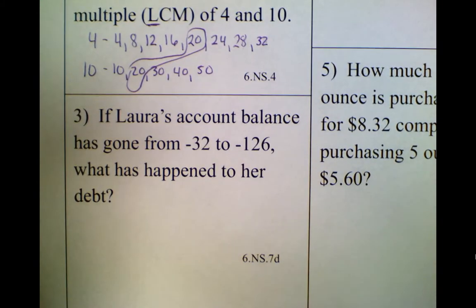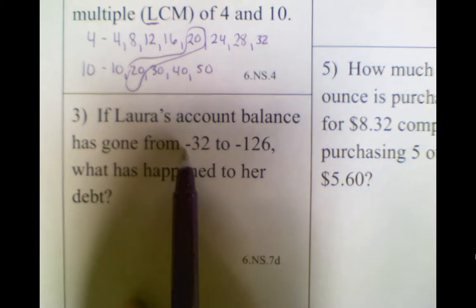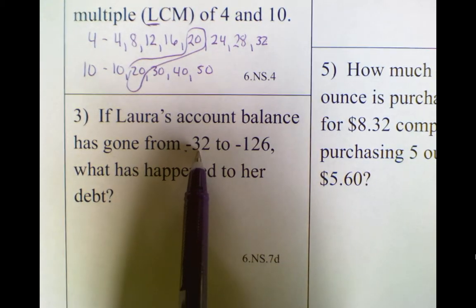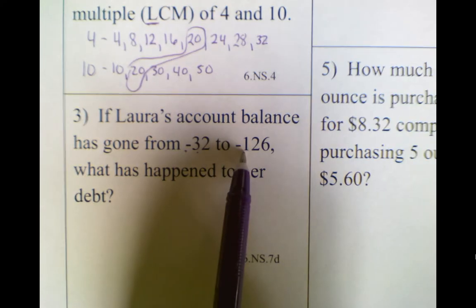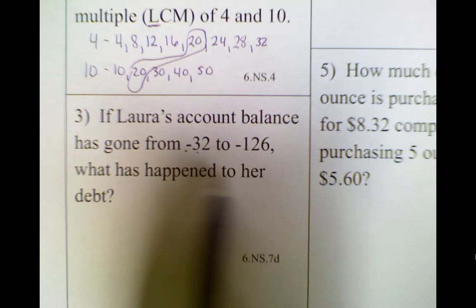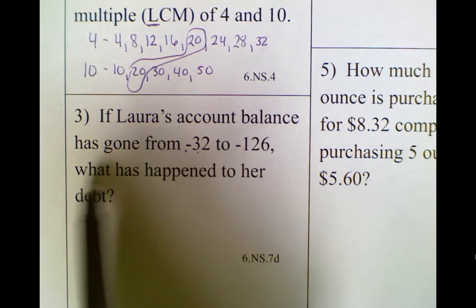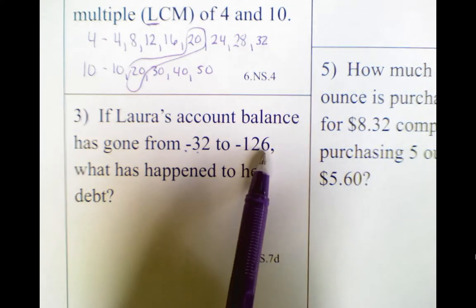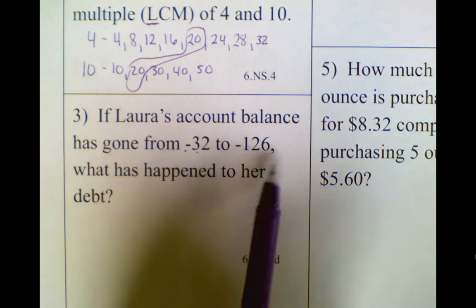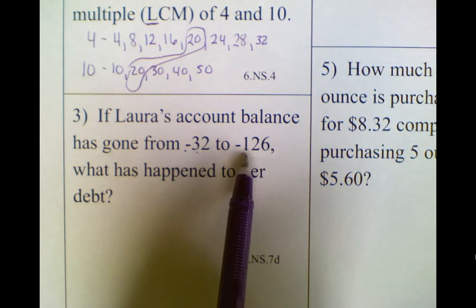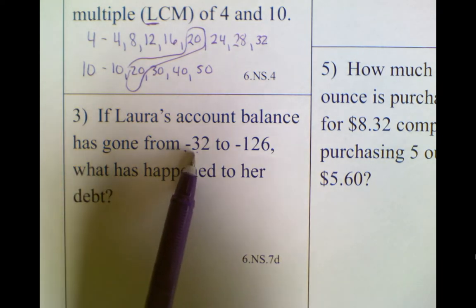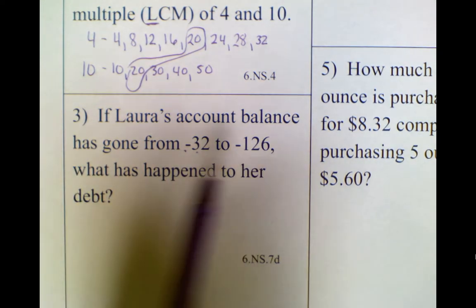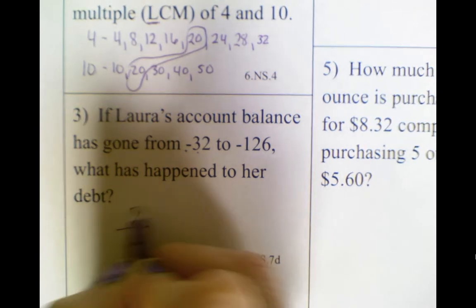Okay, so if Laura's account balance has gone from negative $32, so she owes the bank $32, she must have overspent. And then it went to a negative $126. What happened to her debt? So debt is something that you owe. Like if I borrow money from somebody, I'm in their debt. So Laura currently owes the bank $126. First, she only owed them $32. Now she owes $126. So her debt has increased